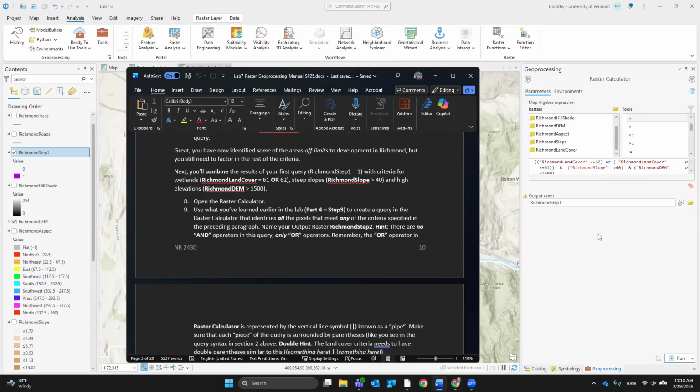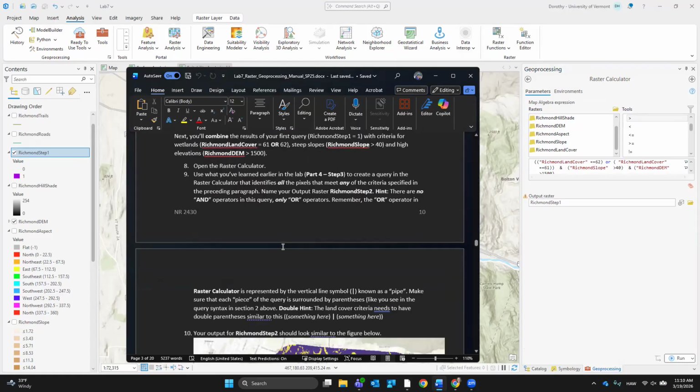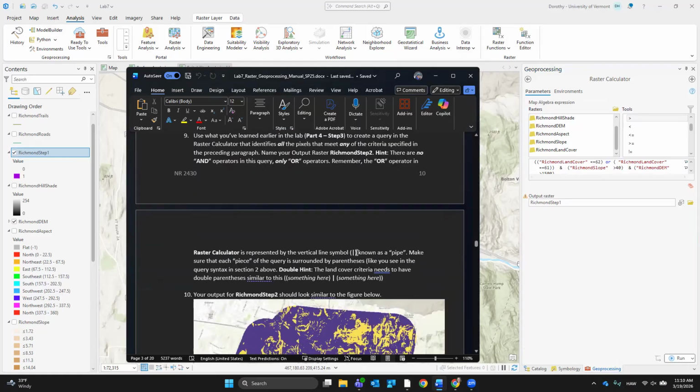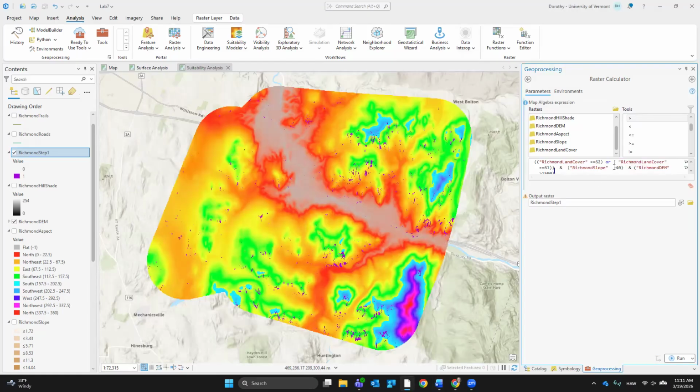Okay. There are no and operators in this query, only or. So remember the or operator in the raster calculator is represented by the vertical line as a pipe. Oh, okay, so I can't just type in or. So I'm going to go back in here. Good thing I read the manual, right? And there it is right there. Okay, so there's my or, my little fun pipe. So instead of Richmond step 1, I call it Richmond step 2.